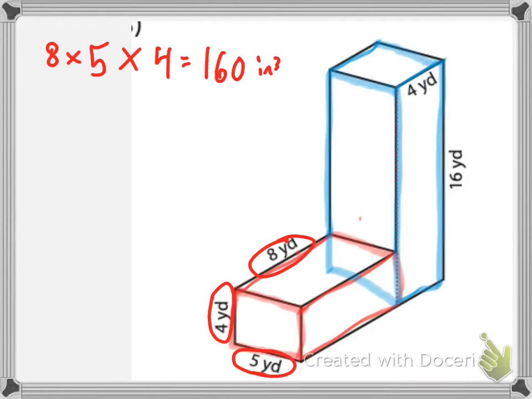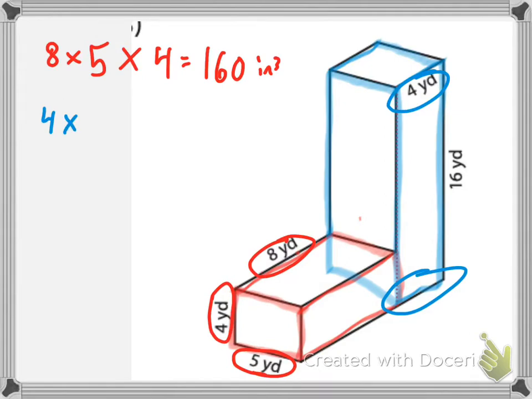Let's look at the blue one. So now the blue one, we need the length, okay? So what is this length? Well, it's not down here, but it is up at the top. And remember, the top and the bottom lengths are always the same. So this is going to be 4 yards